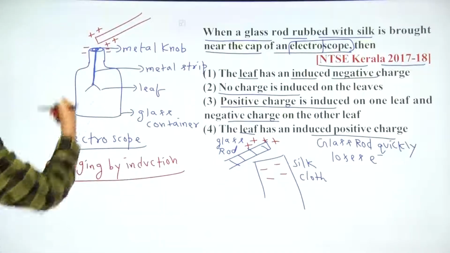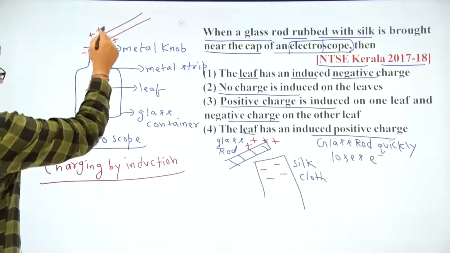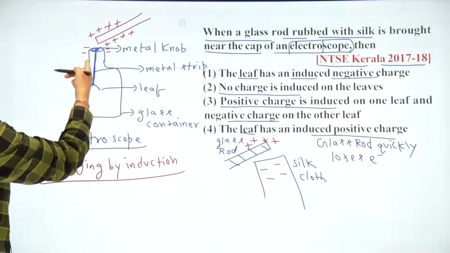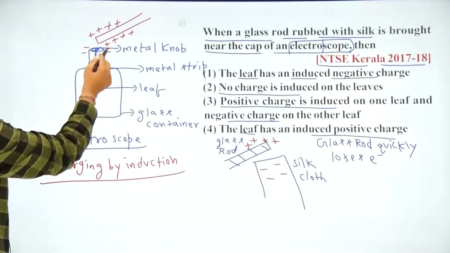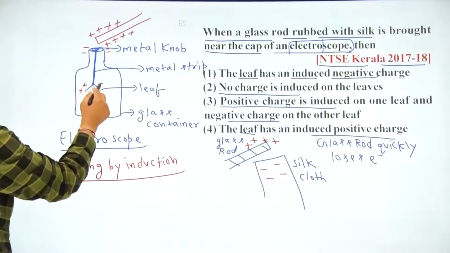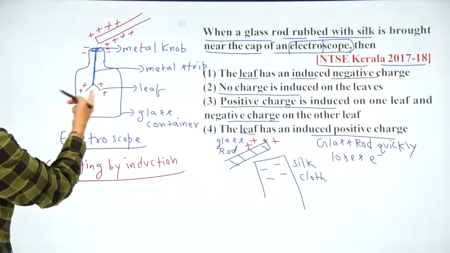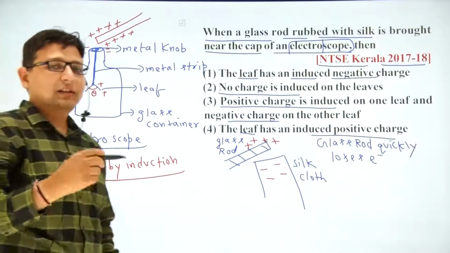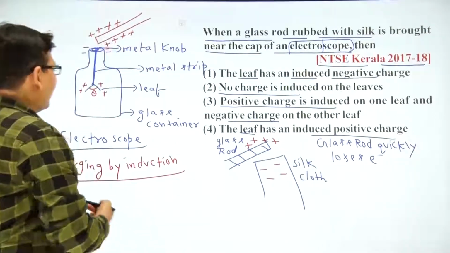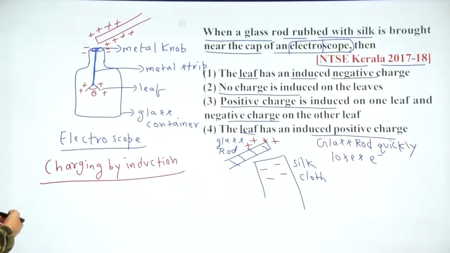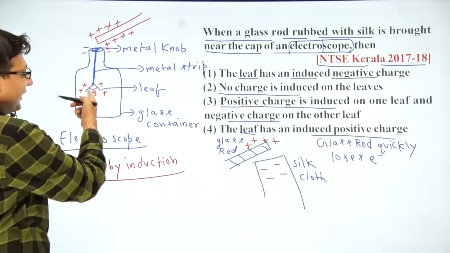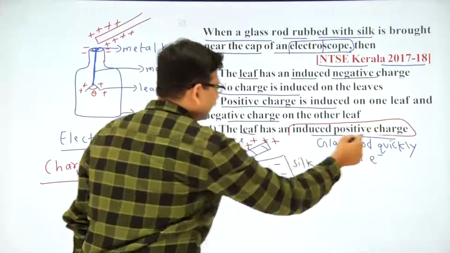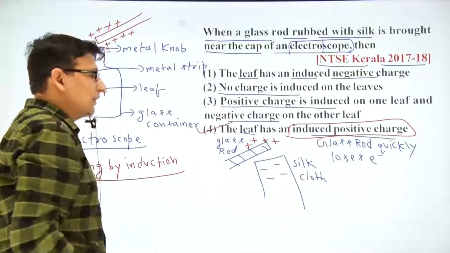But here we have charging by induction, so we may represent more plus charges here. As the metallic strip was neutral, where some minus is induced, some equal plus will be induced, and because of the same type of charge, the angle between the leaves will increase. Theta will increase depending on how large this plus charge is. So the conclusion is that the leaf has the same type of charge as the induced positive charge. The fourth option is the correct answer.